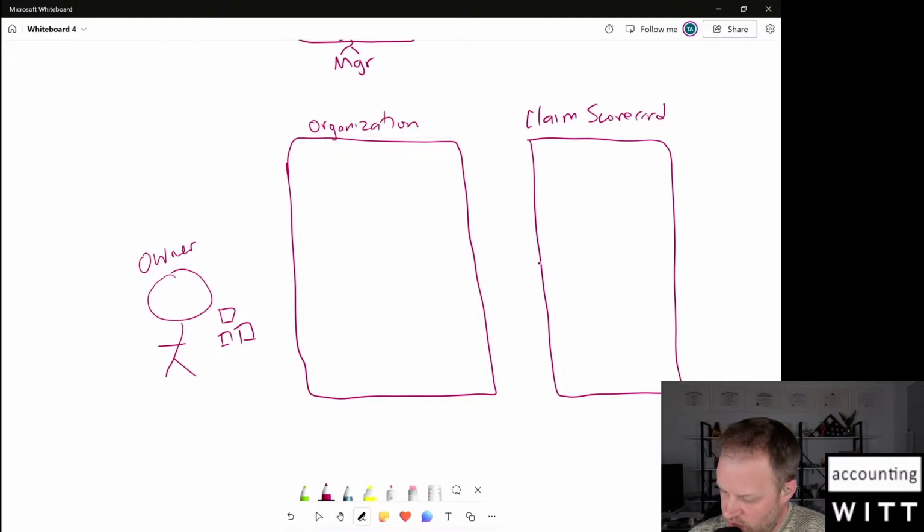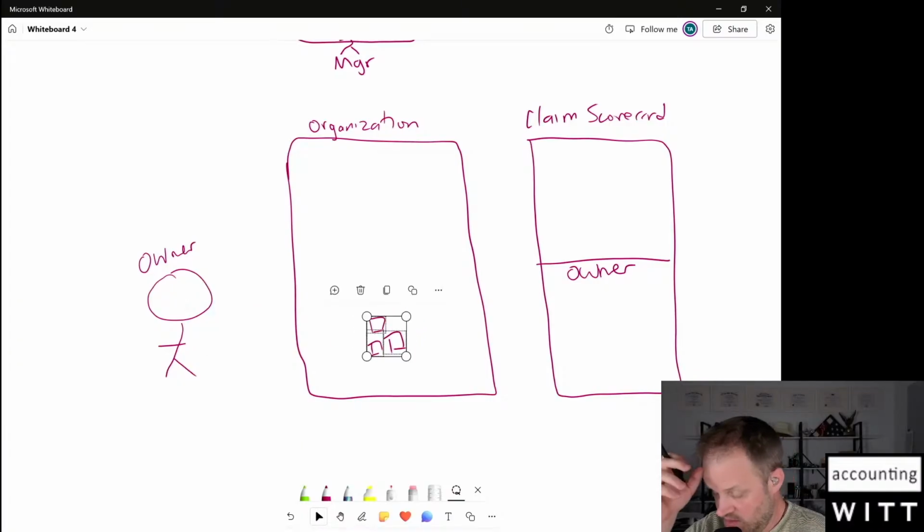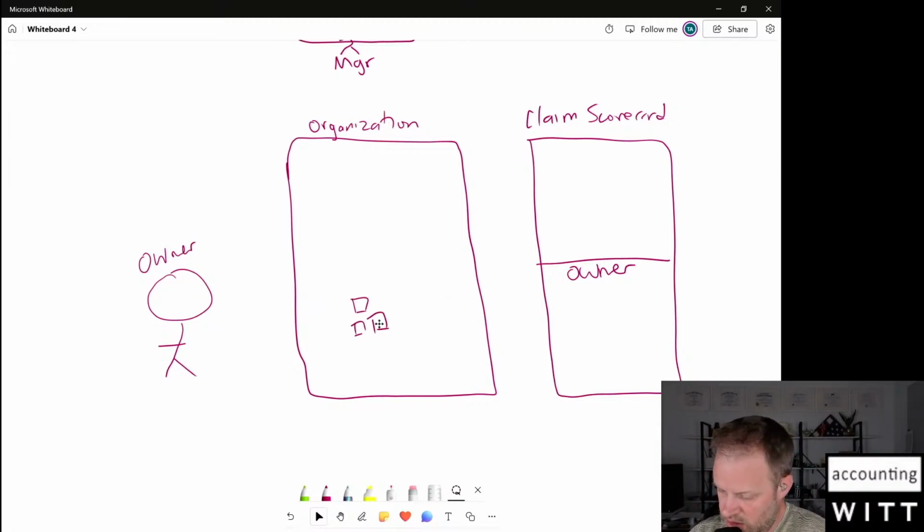And every time the owner puts assets into the organization, they get a point on the scorecard. Then a creditor or a lender,